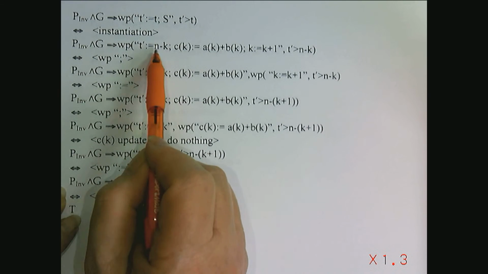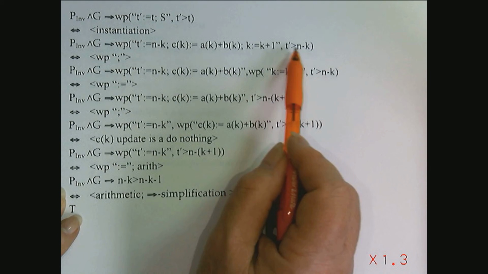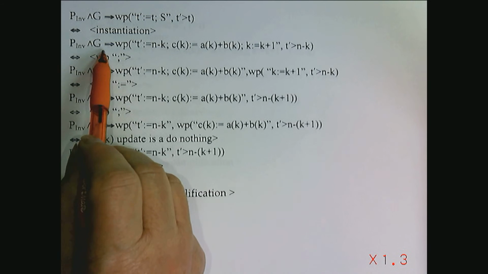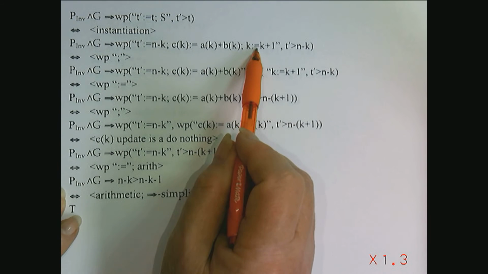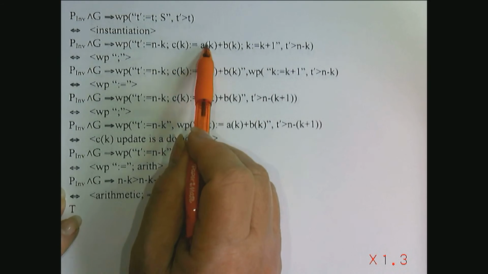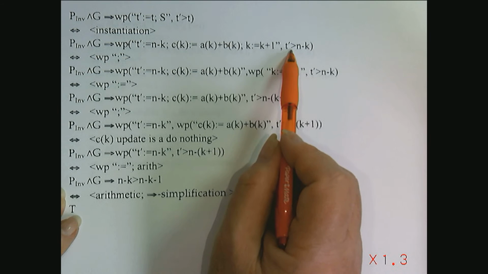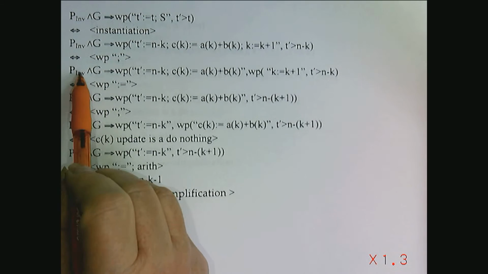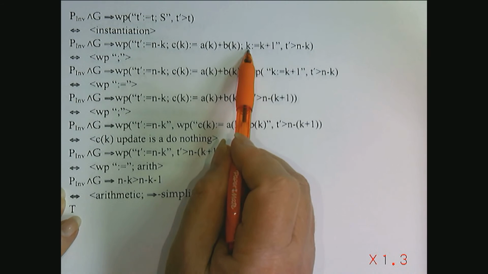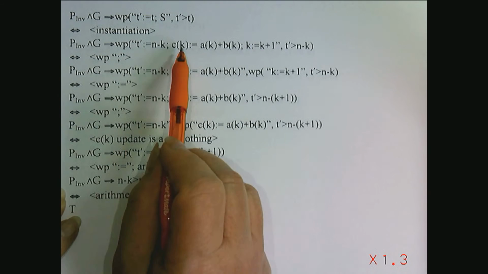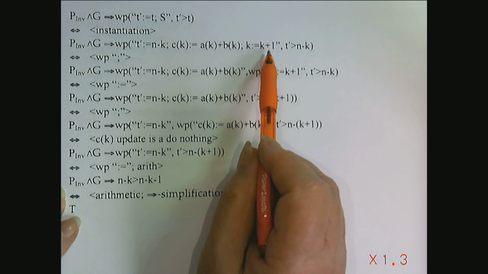So by instantiating for the command in the loop and for the bound function, we find that the invariant and the guard implies the weakest precondition of a sequential composition of several different commands, with postcondition t prime is greater than n minus k. So by sequential composition, we know that the weakest precondition of a sequential composition is found by letting the postcondition